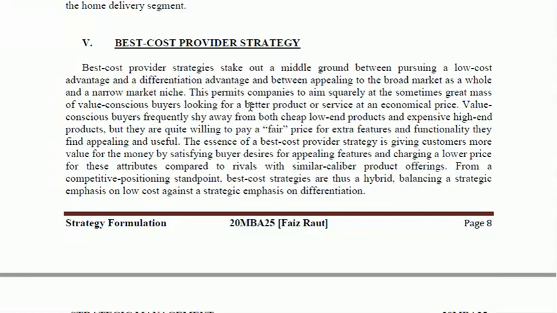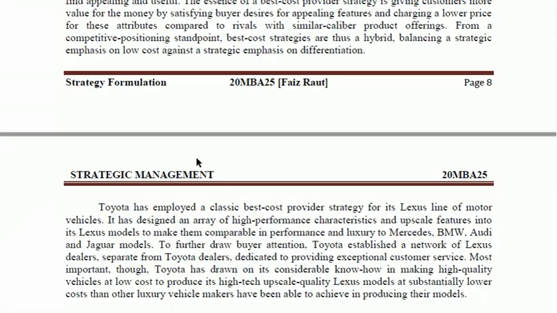So in this case, it is basically a combination of both. It is low cost and it is a differentiated product. And it is catering again to a broad market, not a niche market. In this case, the best example is a